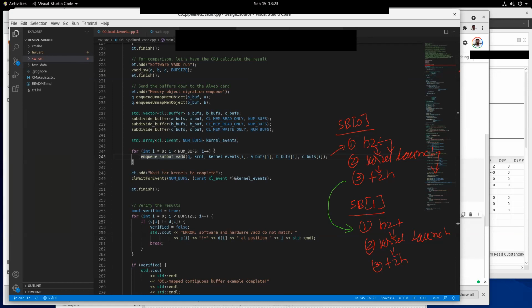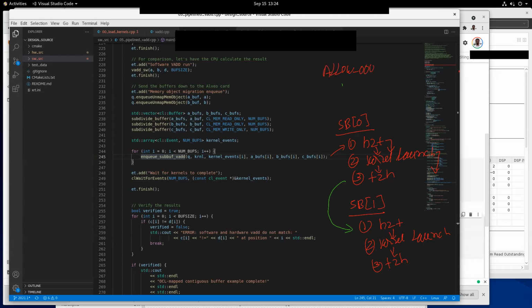So we should be able to launch this without waiting for this to finish. But all these things are individual commands enqueued. So we should initialize the command queue in such a way, by using a flag which says allow out of order execution.